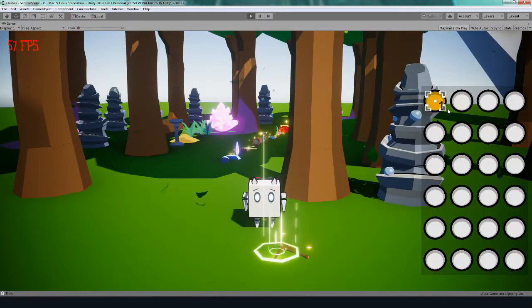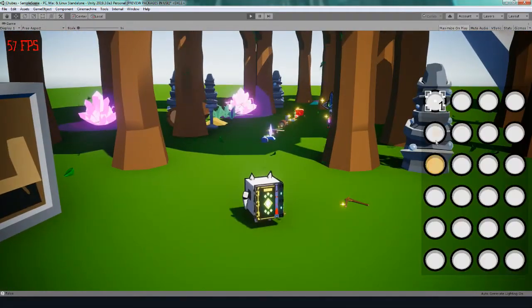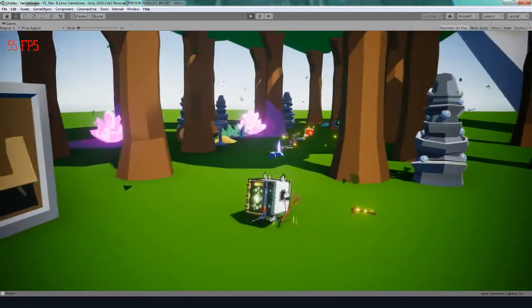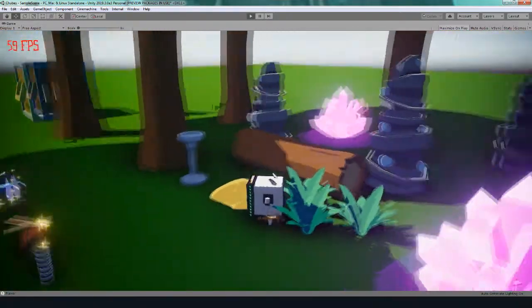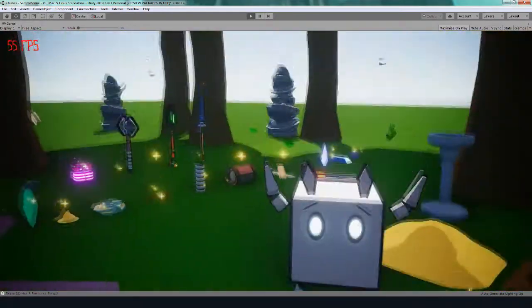So I can now equip a stick, and by pressing I, go in my inventory, and now I can swing a stick, and I can actually break a few things now, unlike being barehanded, where you can't. As you can see too, the sticks disappear after a period of time. One thing you can do with sticks is whack plants to get plant fibers. So I'm going to grab these fibers